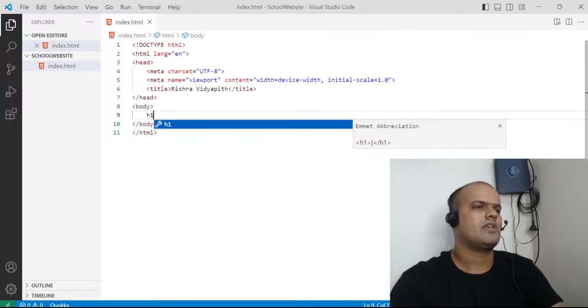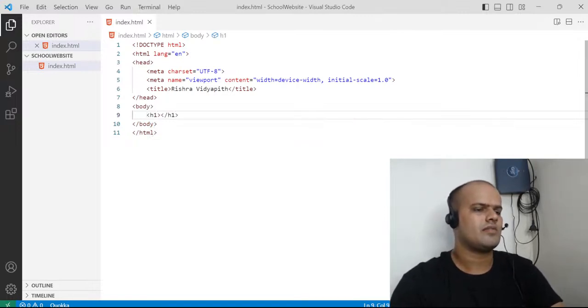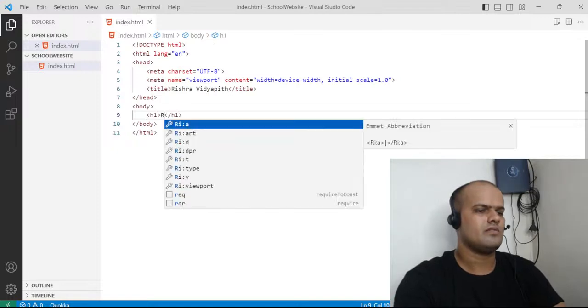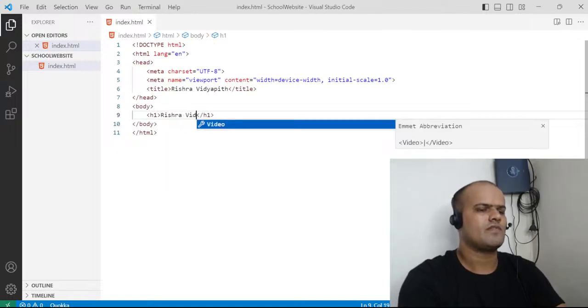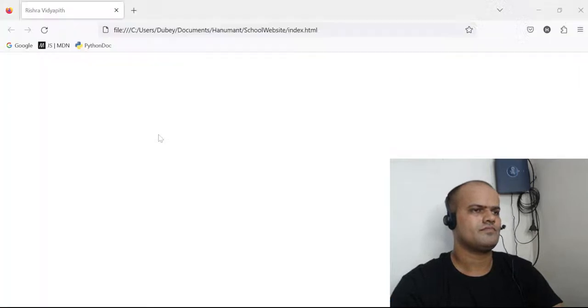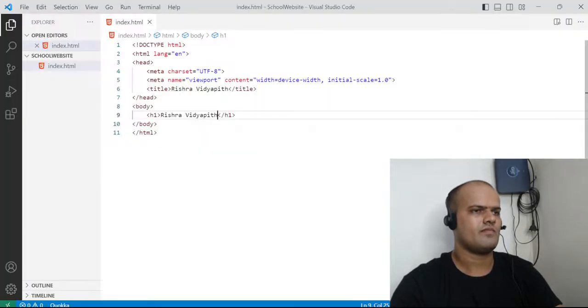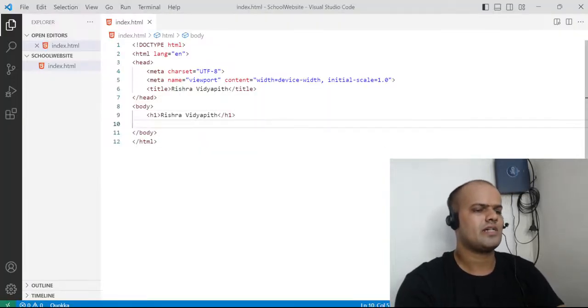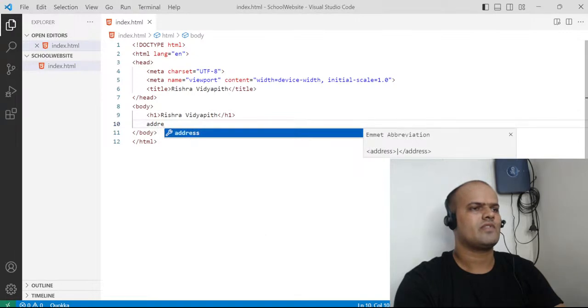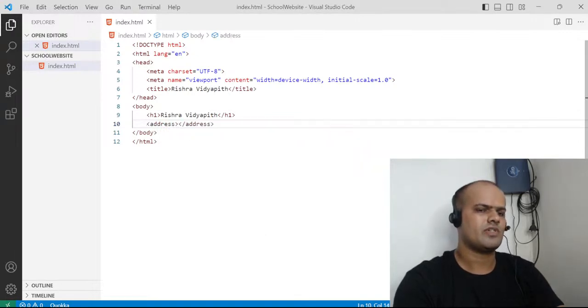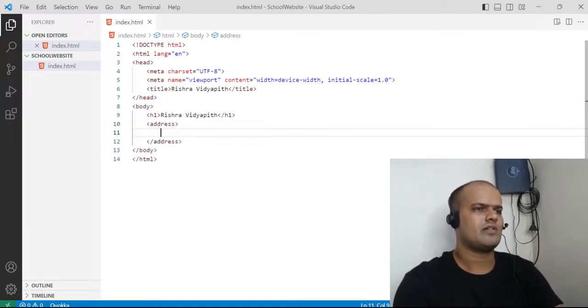So first of all, I would like to add a header, which will be Rishra Vidyapeeth. So now if I go and refresh this page, you'll be able to see the Rishra Vidyapeeth name over there. The second thing I want to add is the address of the school. You can Google it also, and of course I'm from the same school, so I know the address. So the address is